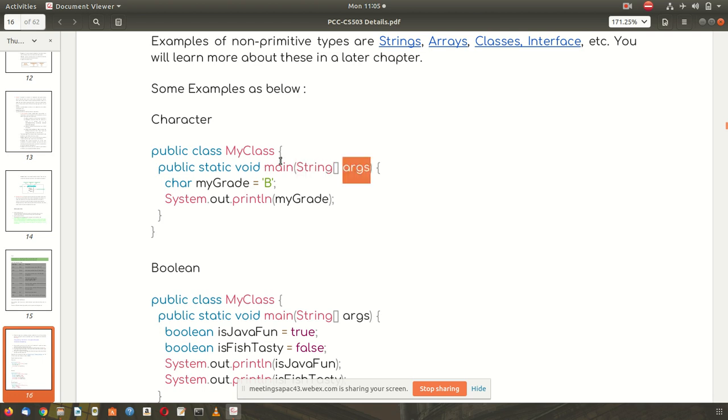When we run the main program, at the time of running itself, we can give some value. It may be an integer, a character, a float, whatever it is. But as you know, these types of values are always user defined input.